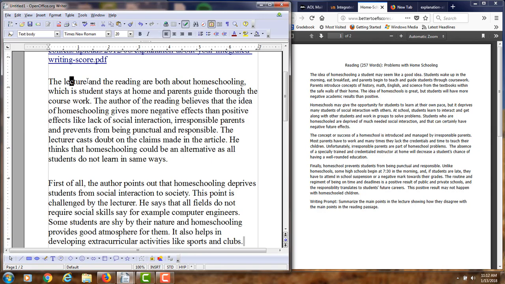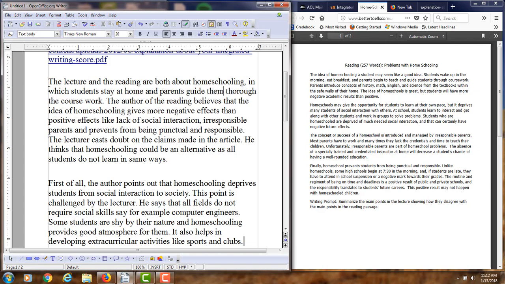So you say the lecture and the reading are both about homeschooling. I would put here in which. You might want to say in which. You have is student. No, you can't have two verbs in your dependent clause there. So in which a student stays at home. Or how about this? Let's make this plural. So in which students stay at home and parents guide them